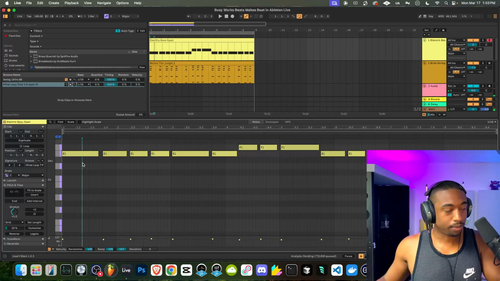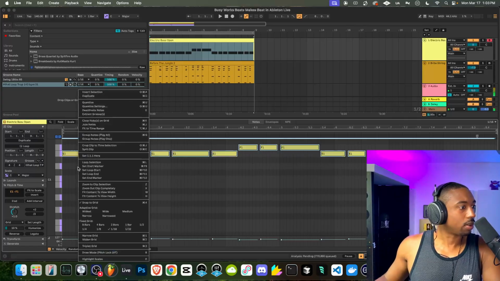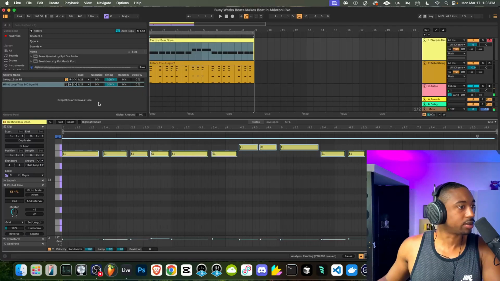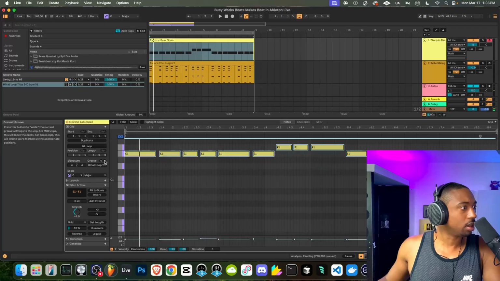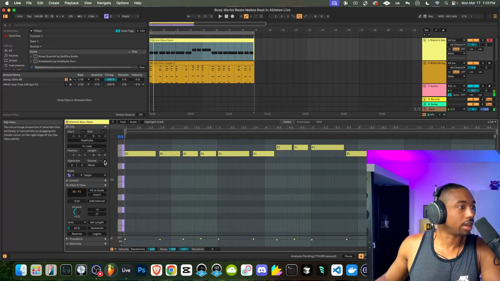Let's hit Control A and right click. Let's figure out where to quantize. Control U is quantize for this DAW. Now it should lock it into this groove. Actually, I think this button might be right here. This might be a commit to groove button. Oh, you know what? I took off my info. That's why. Here we go. Okay, sorry, wrong button. Click where it says commit to groove, and that should lock it to the groove.